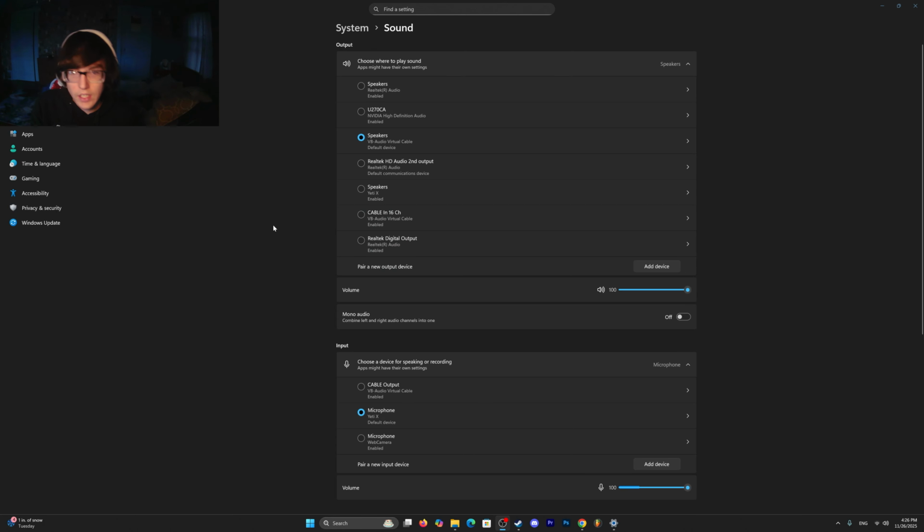Okay, so we're back in settings. How this works is you're going to see an output and an input. I know it says output is actually input here, but it's just kind of reversed, okay? It makes sense when you think about it. So if we select this one, what you hear in your default device here is actually what is going to be playing.